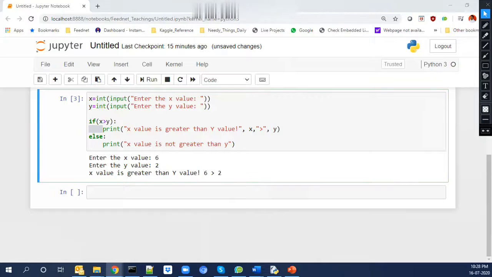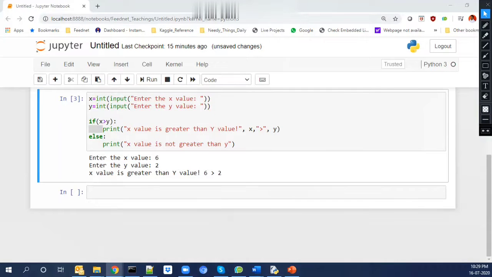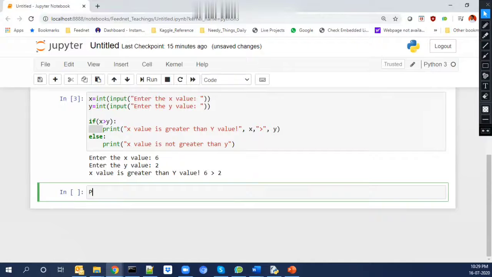So we'll try to cover the second thing, Python comments. We'll check what Python comments we can give and in what way we can